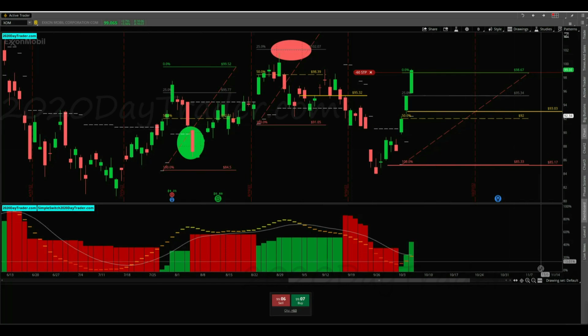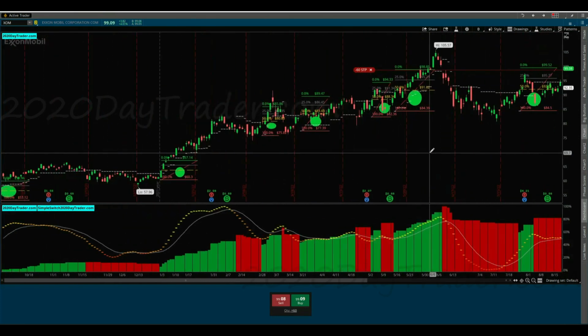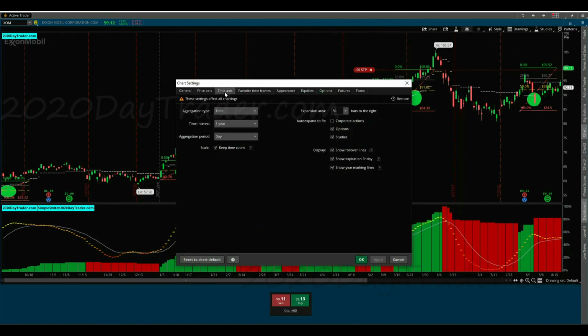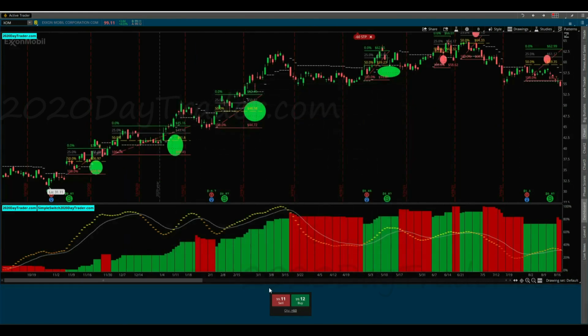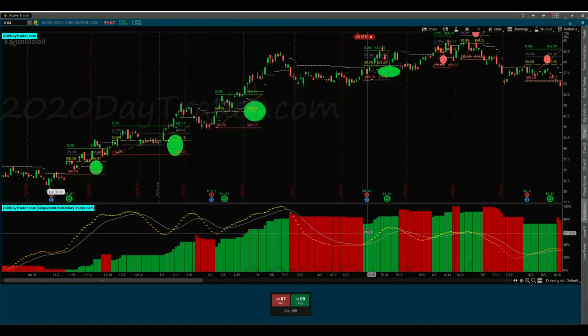So I'm going to go ahead and just show you real quick and zoom out on this chart a little bit. So we can look and see what XOM has been doing for me the last couple years. Not a lot of trades. Let's see here. XOM, what are we at? Time access, 1 year. Let's go back a couple years. Apply. All right. Just double check that. Yeah, 2 years. Go back 3 years even. Whatever. Okay. So here we are.